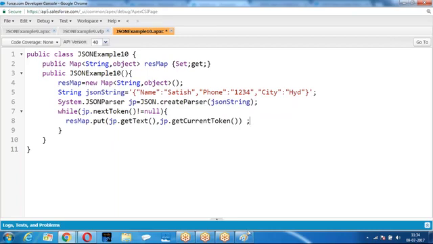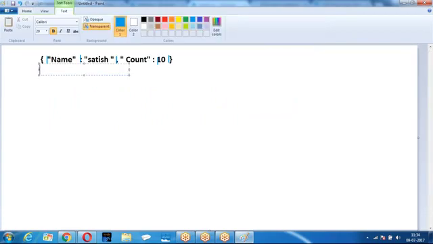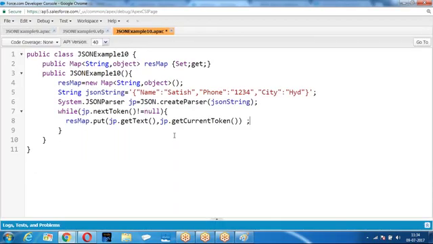If my cursor is here, this is the cursor text, the cursor token. What do we call the cursor? Whichever token the cursor is referring to right now, the token name and the text value. Let us do this. Once I print the value, you will understand what I am trying to refer to.